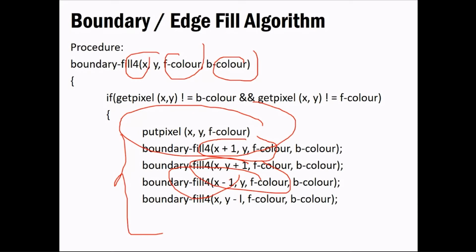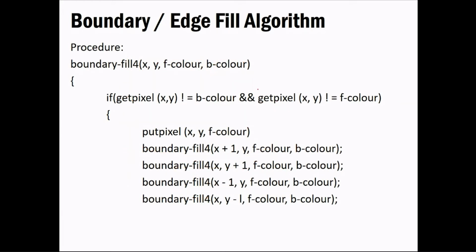So a similar thing is to be applied while working with the graphics library. You just need to check whether this condition is getting satisfied or not. As I told you, it will look for the particular color in the boundary, and if this is the case, then it will note, okay, I don't have to go in that direction, I am at the boundary and I have to paint the remaining pixels. So that is what it says whenever we are working with the boundary fill algorithm.